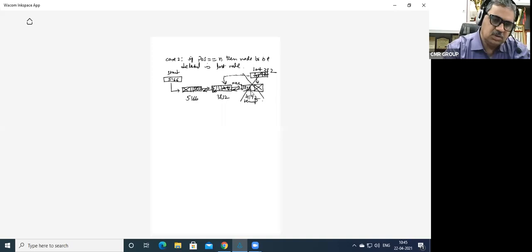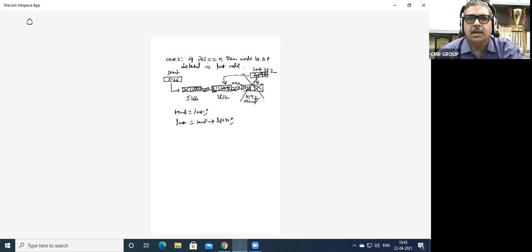So the first step is last, temp is equal to last. Temp arrow lptr is the previous node address, assign it to last. So I say last is equal to temp arrow lptr.